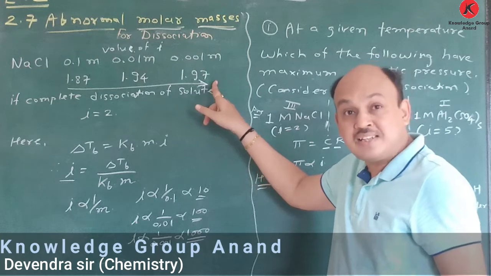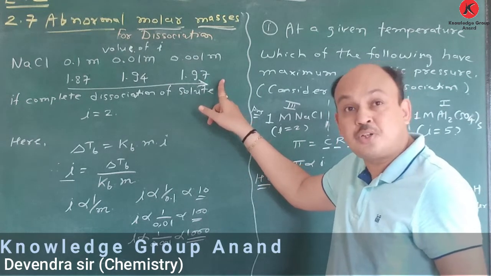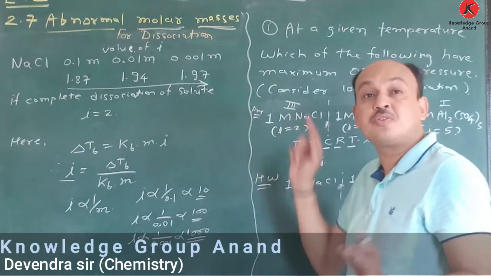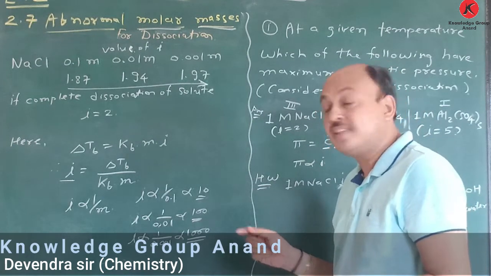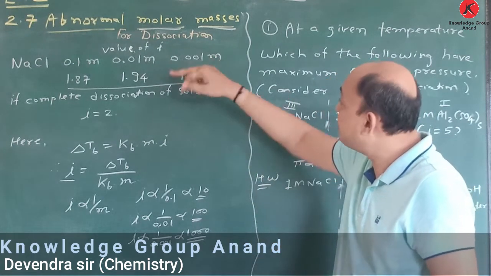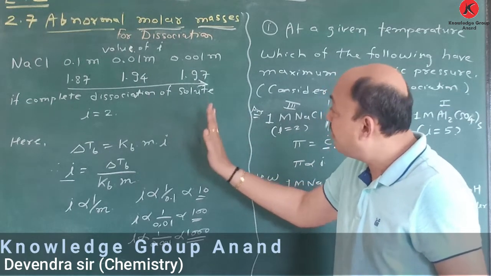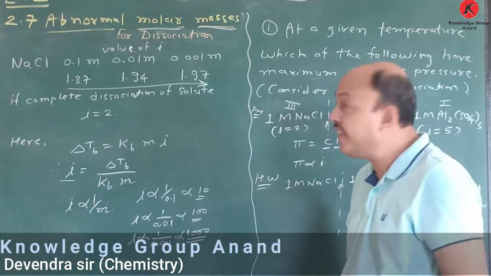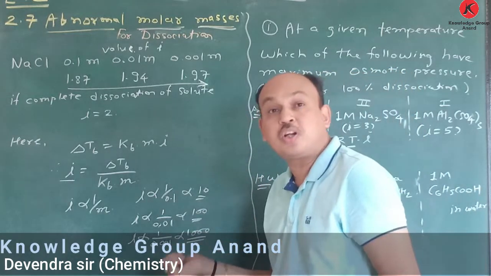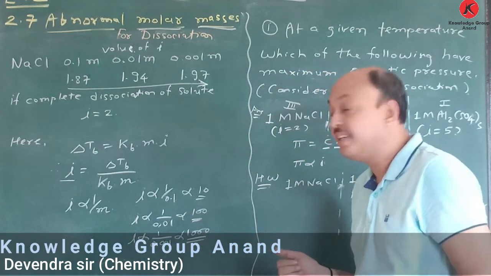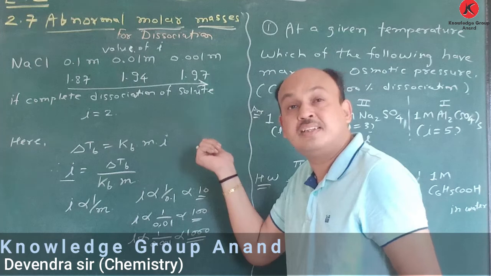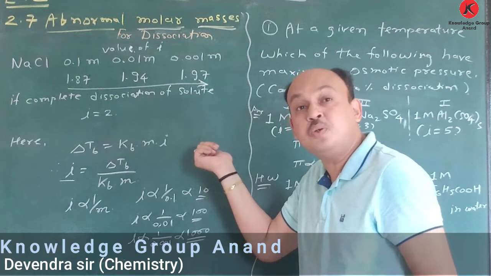So this question is asked. But in terms of molarity also, you have to consider π = CRT i. This question is asked. Here, just to see, for dissociation this term is very important. Suppose i is equal to 2. How can we say that? i equal to 2 means 100% dissociation takes place, and that's why we consider i equal to 2.